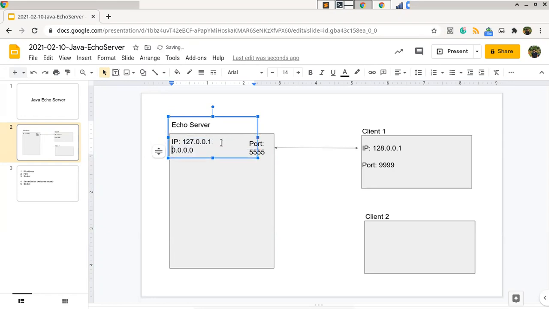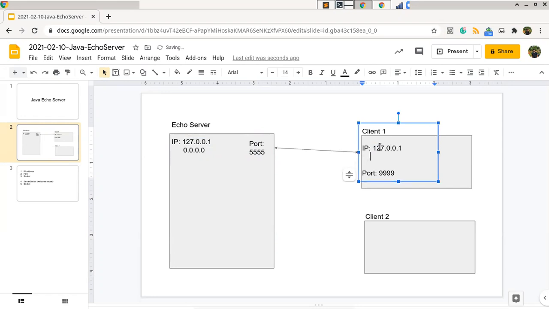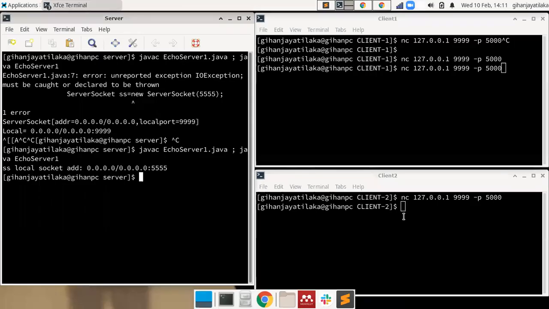So it can be either of these IPs. I am not going to go into detail why we are going to have these two IP addresses. I'm going to just use them interchangeably because the reasoning behind the differences of these two are not in the scope of this video. But when we print it, we see now we already know the server's local socket address,